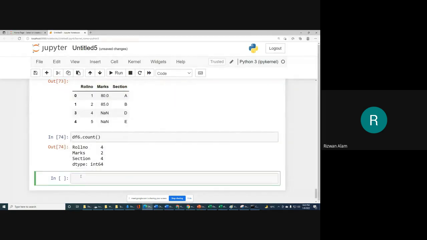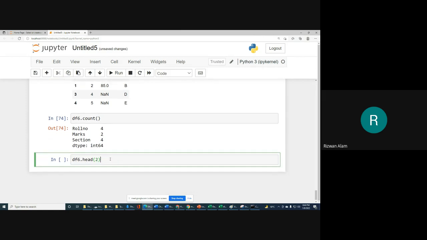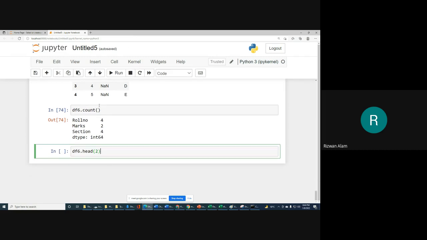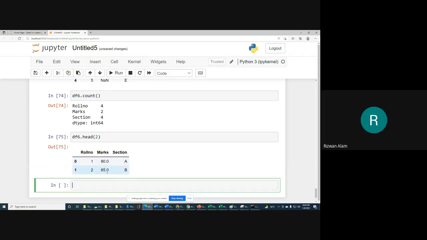Next, if we want to show only a particular number of rows, for example df.head and you write 2, it will show only 2 rows. Head means from the top, so it will show only the top 2 rows of your data frame. So df6.head(2) displays only the first 2 rows.